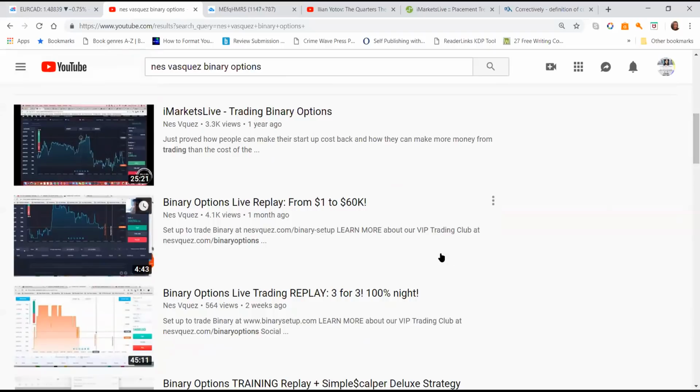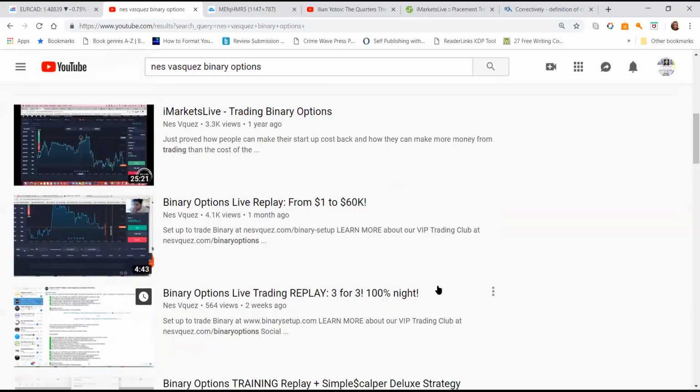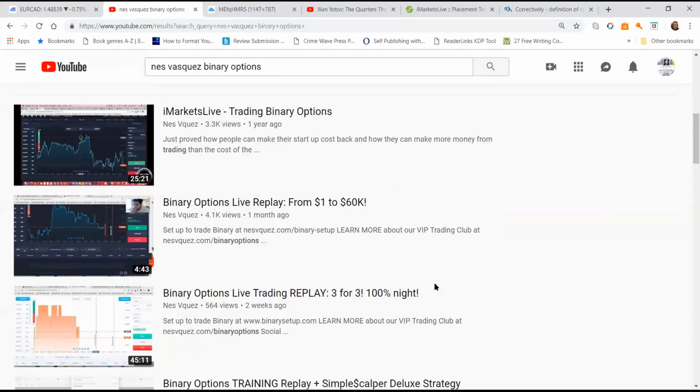So it's kind of simple. You don't have to really calculate how much you're gonna make or how many pips and this and that. It's just simple: this is what the pair is, this is what it's paying, and then you just pick your time and you look for an entry and get in. The way I describe it, just from the little bit I've seen, and I'm no binary guru or anything,